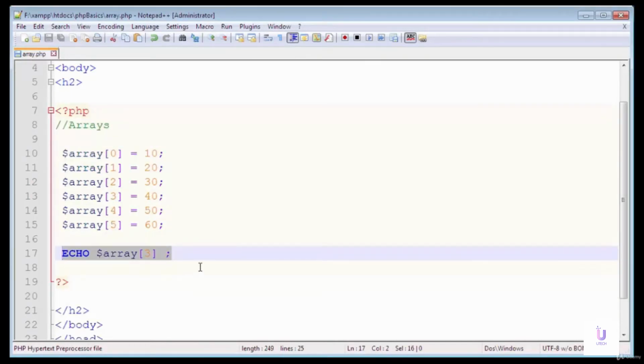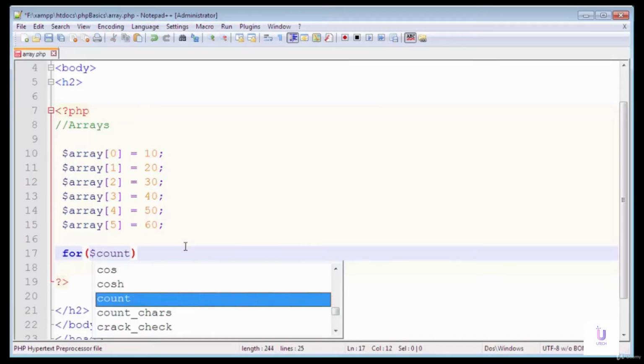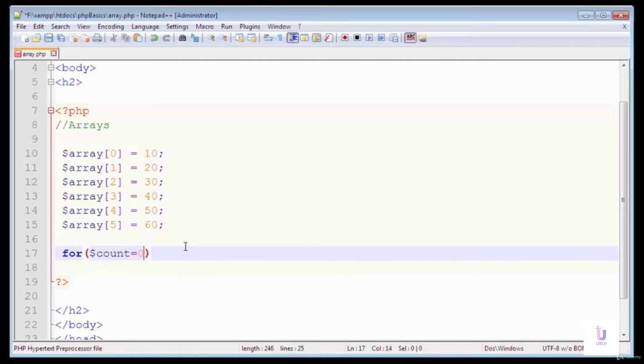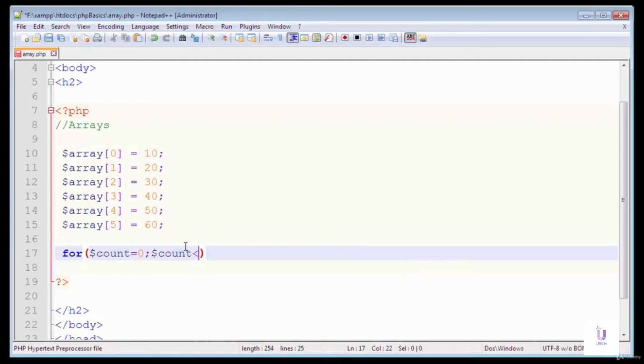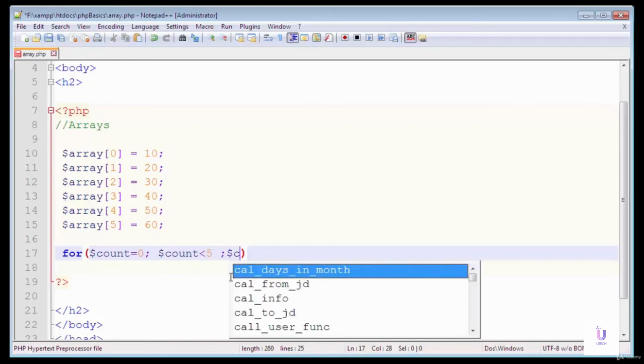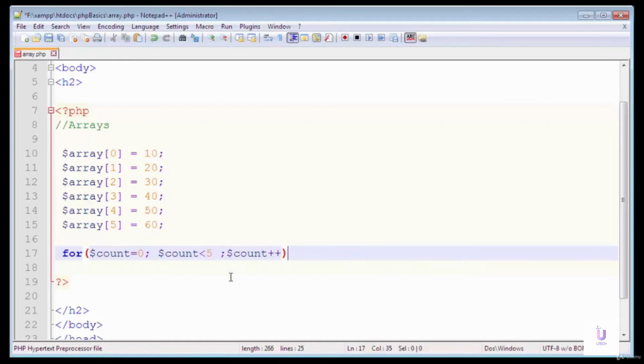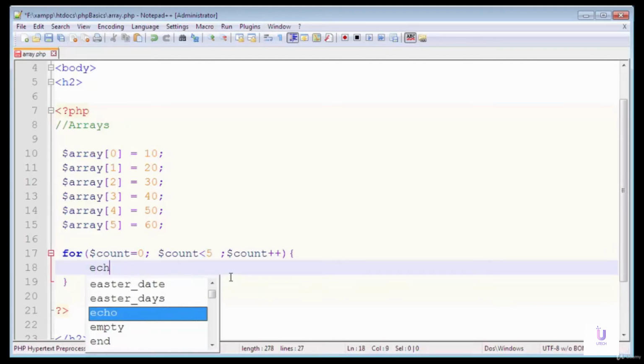We can also use a for loop to display all the values of this array. Let's see, there is a for loop. It has a counter variable. Count will start at 0 because the index starts from 0. As the total indexes are 5, I'll write a condition: count less than 5. Here is the increment operator. Here I will write an echo statement.